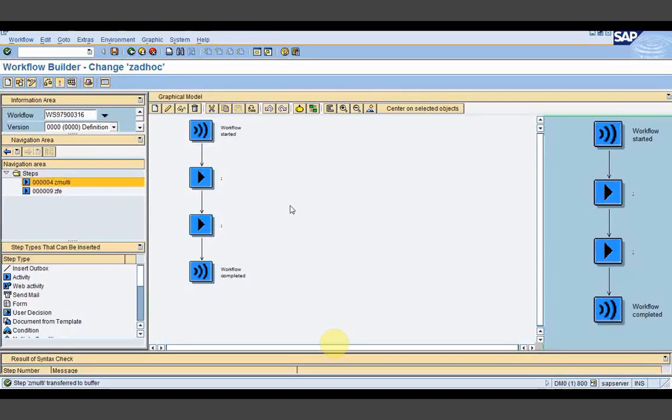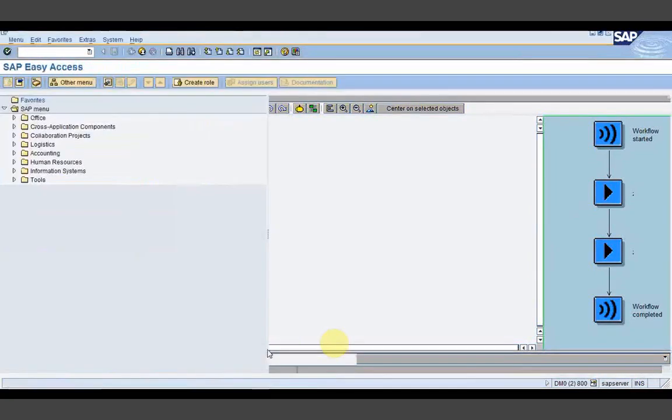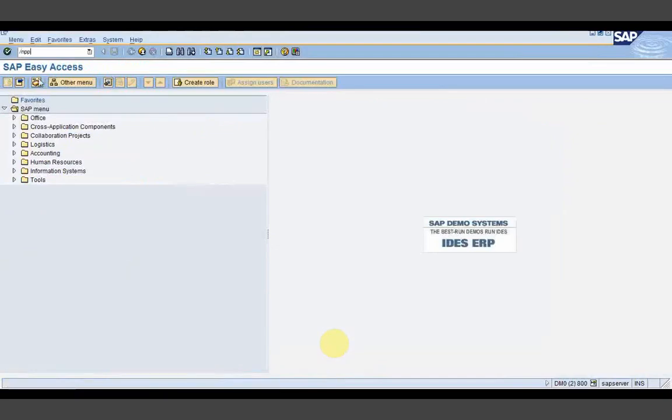Next, I was supposed to show you today the org structure. This org structure is fully defined by HR people. We don't care about it, but I will show you in brief how to do that, and how you can tag those org structures with the workflow. The transaction to create the org structure is PPOCW. Let me open that transaction